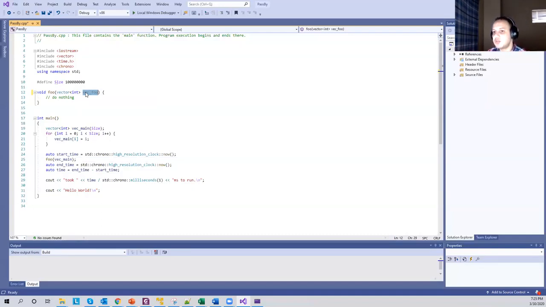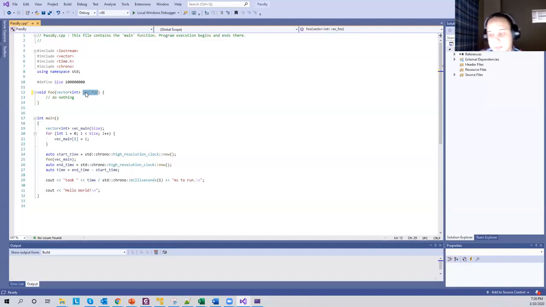In the beginning, vic foo will receive everything in vic main, but vic foo can be changed inside the foo function, can be anything, and this will not affect vic main in any way. So in passing by value, we need to copy every element in vic main into vic foo. Vic main is a variable inside the main function. Vic foo is the variable which receives the values of vic main